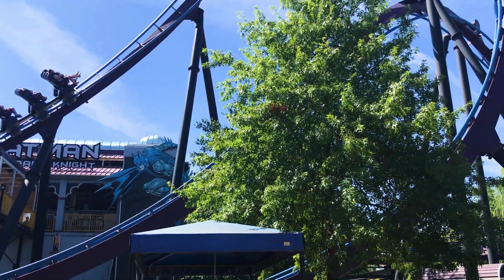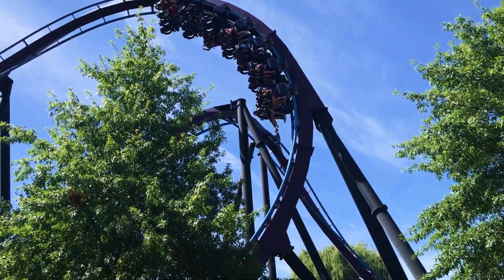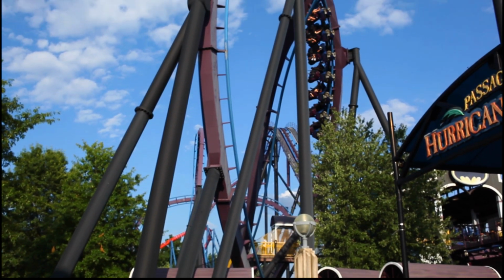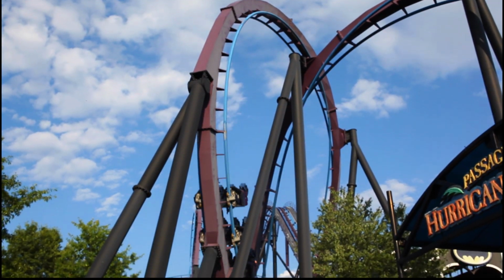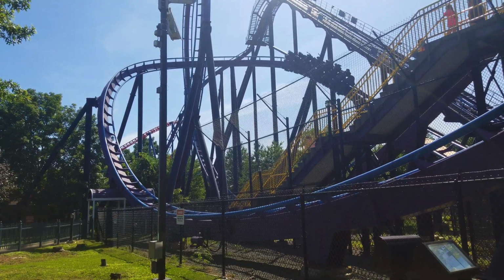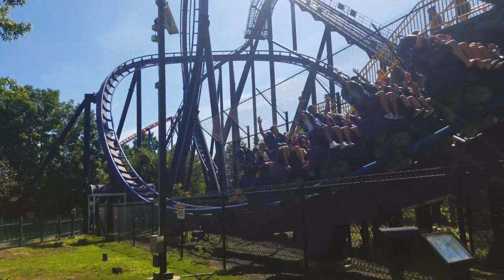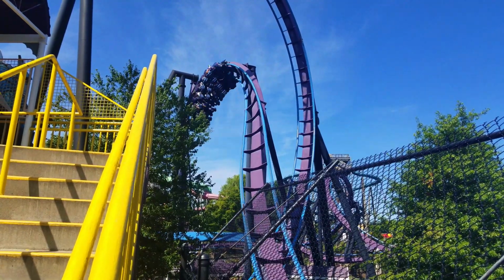Fun factor. I think with Batman the Dark Knight, you know what you're getting into. It's a fun looping coaster, nothing more, nothing less. Every inversion does its job by providing some good forces with minimal headbanging. If I visited the park on a less busy day, I could see myself riding this coaster a few times